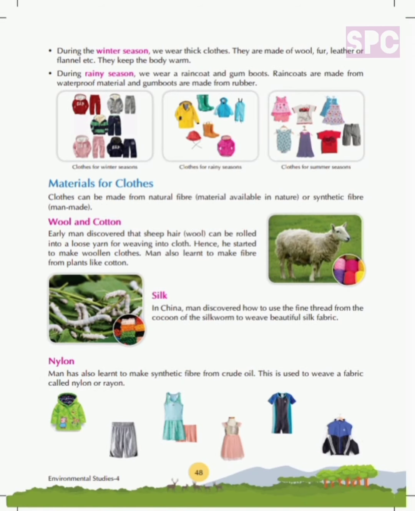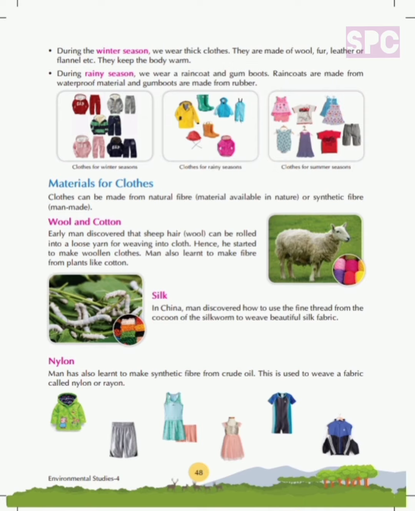Clothes can be made from natural fiber, material available in nature, or synthetic fiber, man-made. Wool and cotton. Early man discovered that sheep hair, wool, can be rolled into a loose yarn for weaving into clothes. Hence, he started to make woolen clothes. Man also learned to make fiber from plants like cotton. Silk. In China, man discovered how to use fine thread from the cocoon of the silkworm to weave beautiful silk